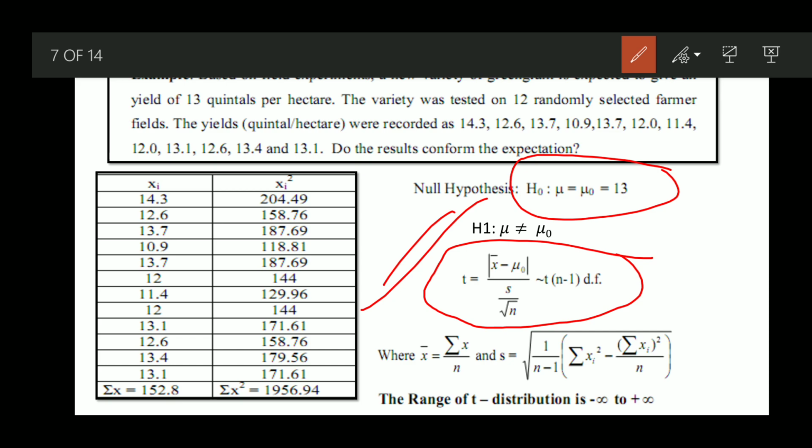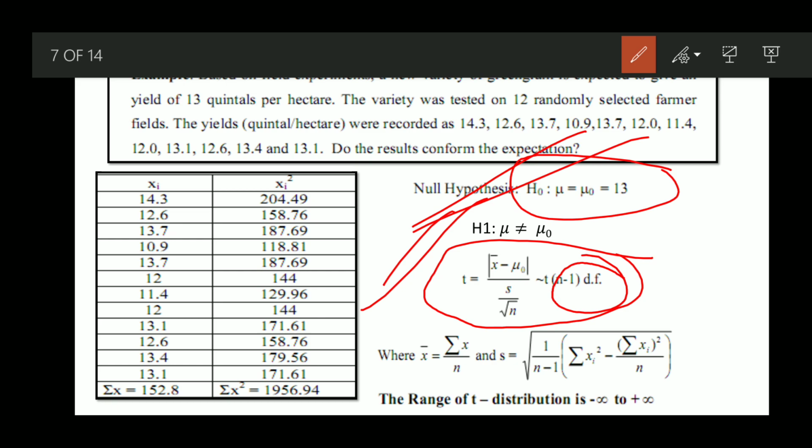Here it's saying degree of freedom is equal to n minus 1. N is your number of observations, but here we are subtracting 1 from the number of observations. Why? Because in the null hypothesis we are considering only one parameter, that is mu. For that reason we are subtracting 1 from n. This is how we calculate degrees of freedom, which I already explained in my previous video on test of